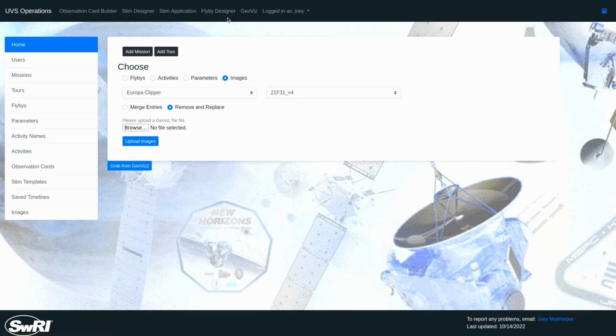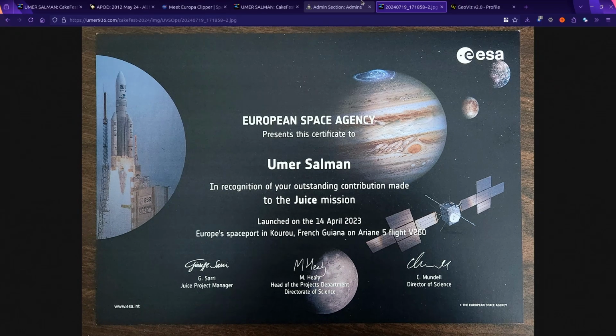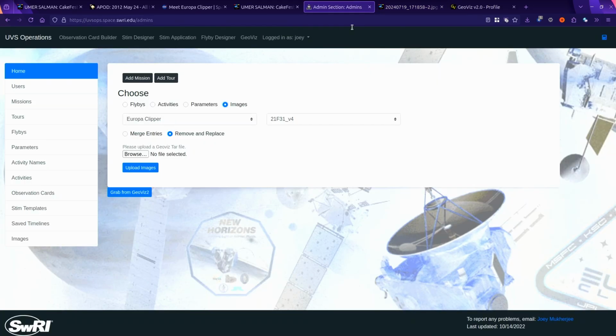That's actually more or less it. As a small aside, here's what the certificate looks like for Juice. You can see it launched April 14th from French Guiana. And I'm hoping the NASA one will be just as cool or cooler, but we'll see. The launch window starts on